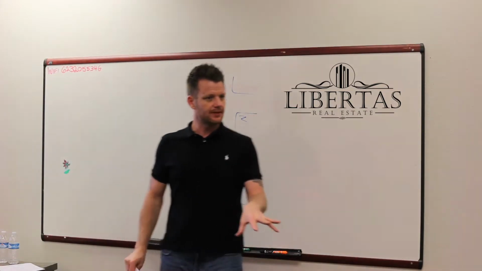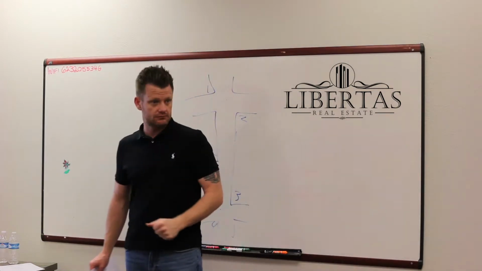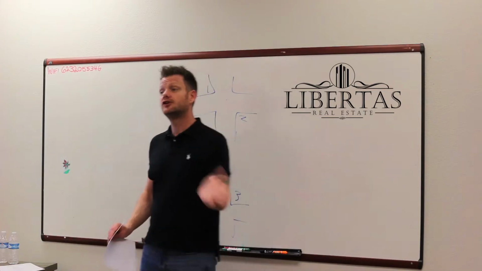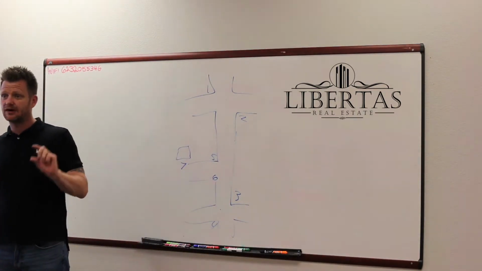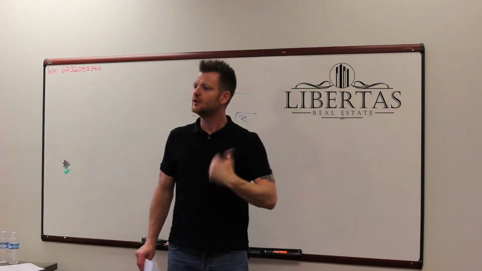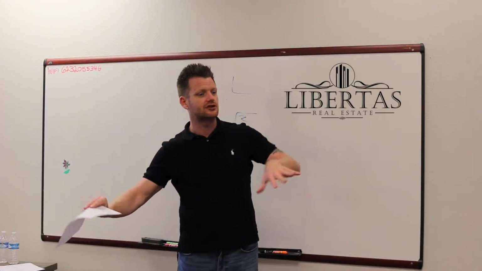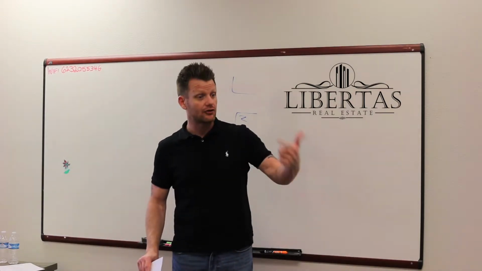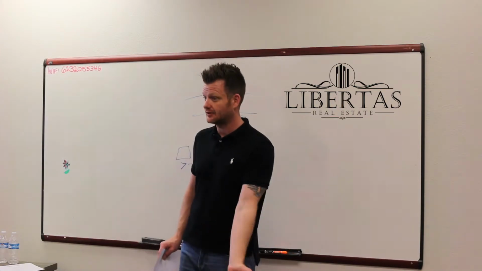If you got the listing and you had a conversation with the seller that the price is a little high based on its condition. Maybe it's flooring, paint, carpet, those kinds of things, right? And now you did an open house, it was successful, you had 12 people come through, and they all give feedback saying the price is a little high for the condition and they weren't thrilled about the carpet and the paint. Might you have some leverage with your seller to either get that stuff handled or adjust the price to reflect the condition? Would that help you get the house sold or make some adjustments so you can get it sold? Yeah. Are you providing value to your seller by doing that?